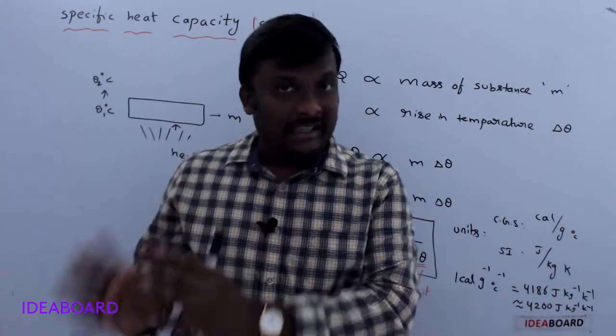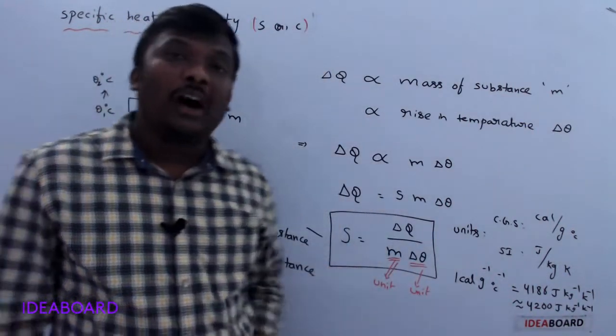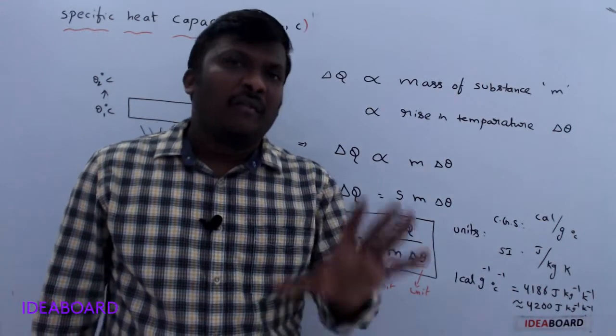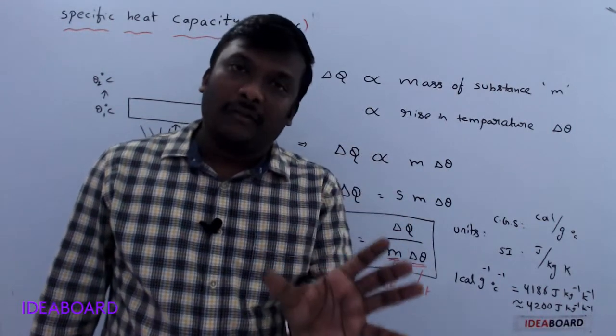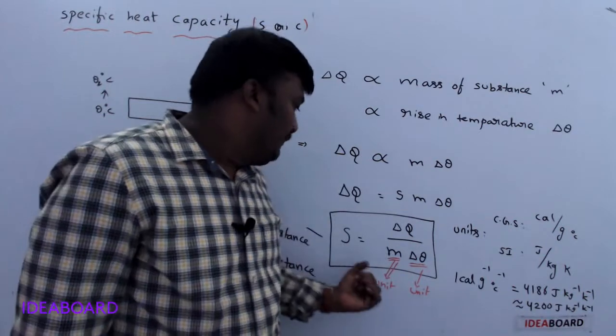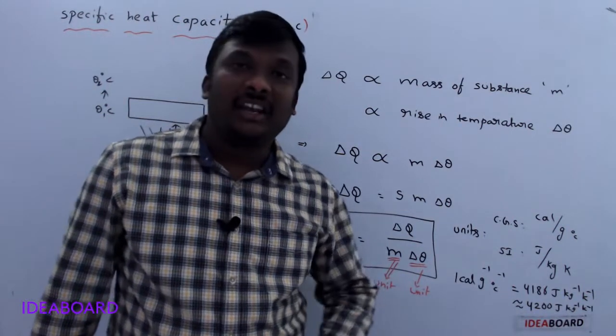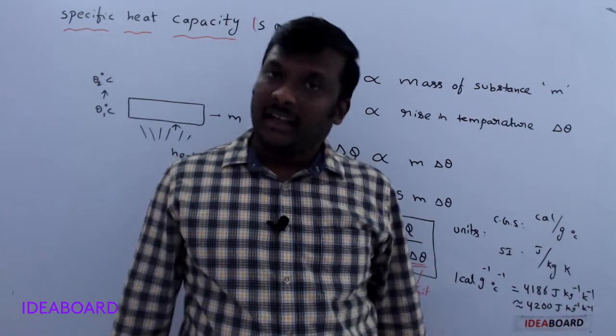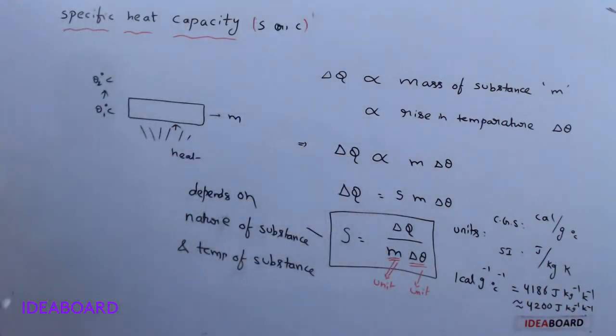If the material is the same, the specific heat value always remains constant. Understand? So, for a particular state of the substance, specific heat always remains constant and it is independent of the mass of the substance. Clear? So, let us see certain values of the specific heat.